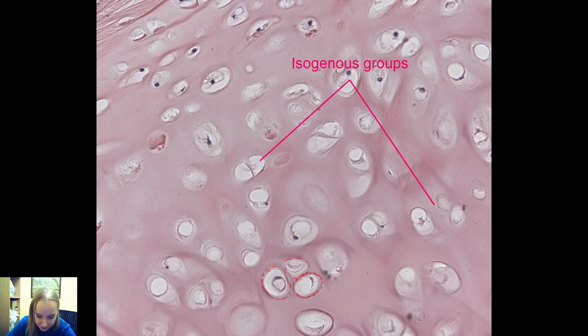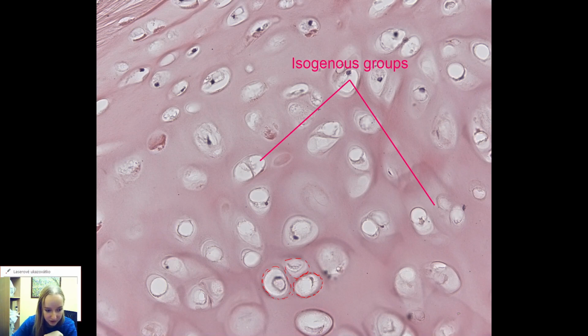Capsular matrix. It's a basophilic capsule or sheath. Furthermore, the matrix, which is weakly eosinophilic, forms a filling between chondrocytes, yeah, within the isogenous groups. So